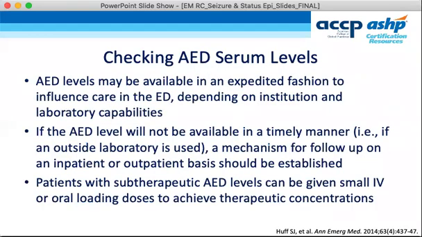So in general, anti-epileptic levels may be available in an expedited fashion to influence care in the ED. Depending on hospital setup, if your result comes back quickly, they can certainly assist you in managing the patient. But this will depend on institution and laboratory capabilities. If the level will not return in a timely manner, it has to be sent to an outside lab, then